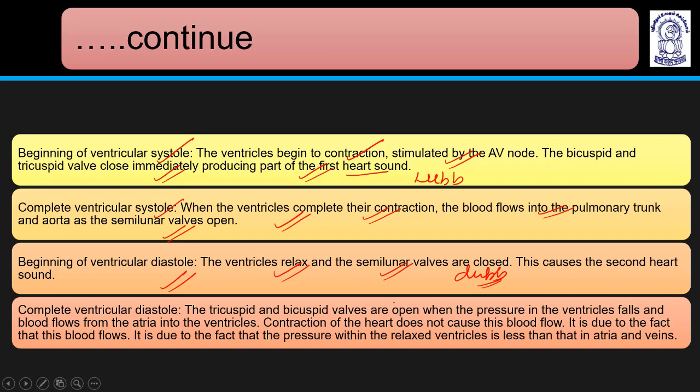So all these phases are there. The cycle starts from joint diastole, then atrial systole, then atrial diastole, okay, then ventricular systole, then ventricular diastole. Okay, now,